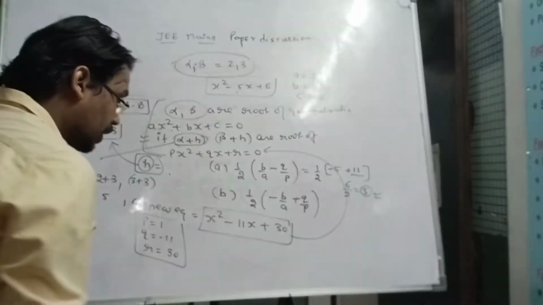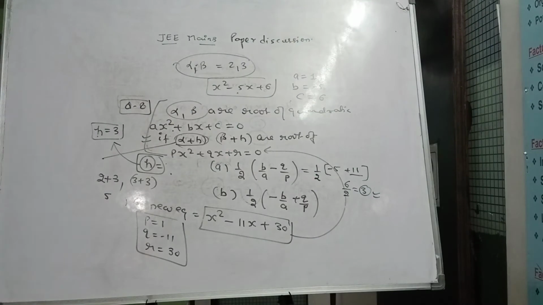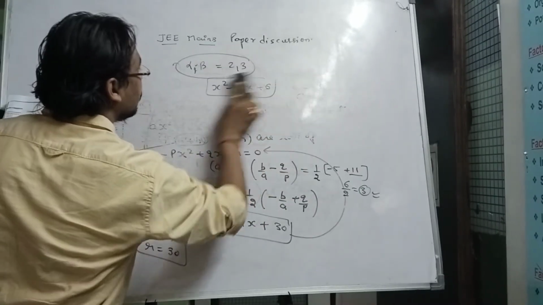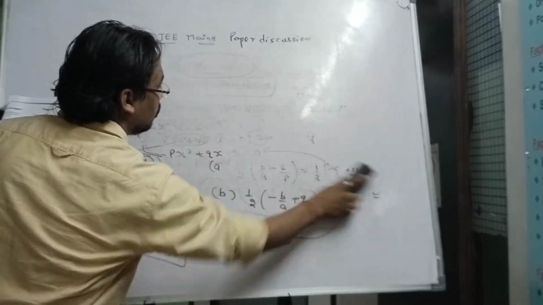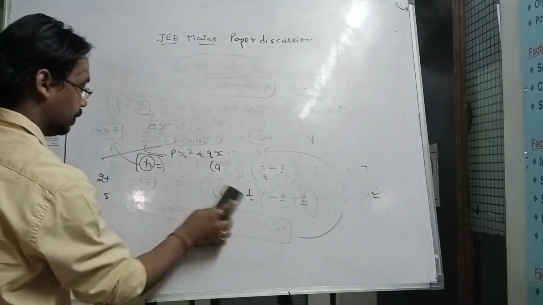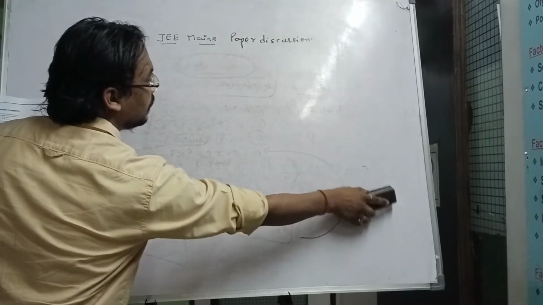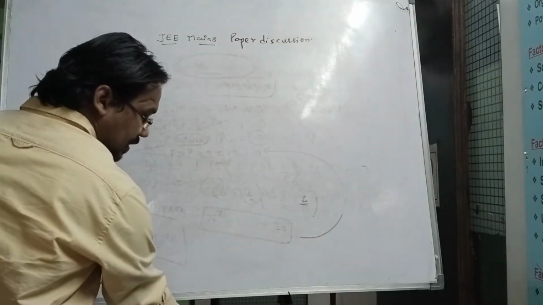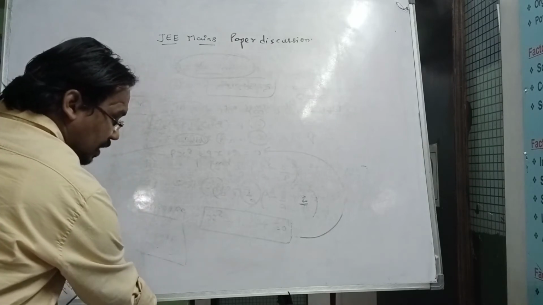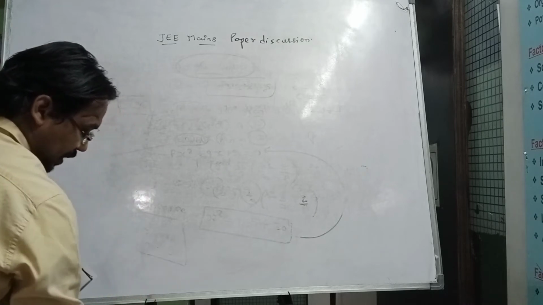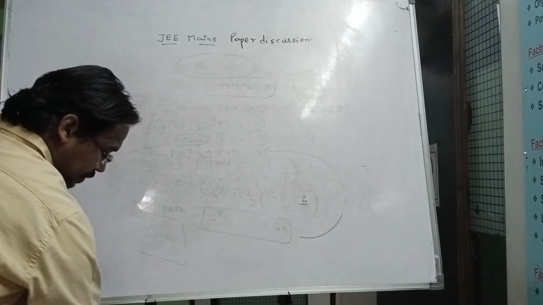Okay, so coming to the next question. Now the next question is from trigonometry. We have to discuss that trigonometry session. So in trigonometry you can see some easy questions they are giving, and by this same LHS equals RHS pattern we will complete the question again. Okay, by doing so, you can recognize one by one.